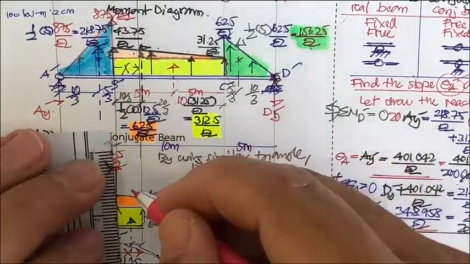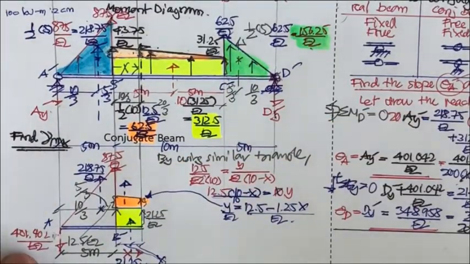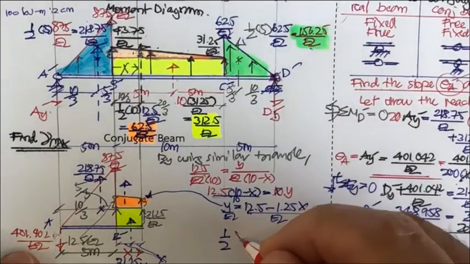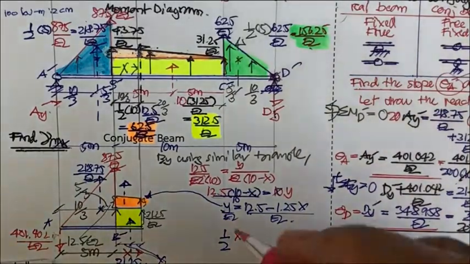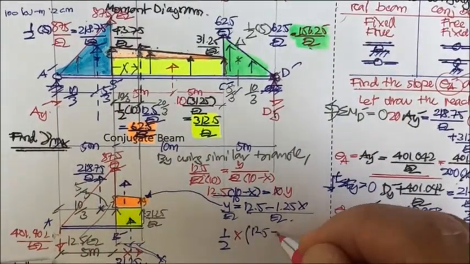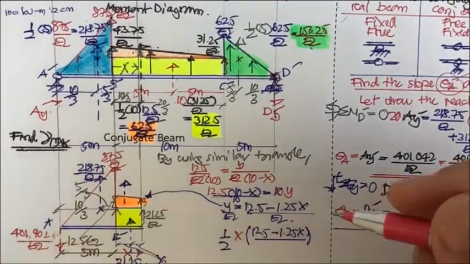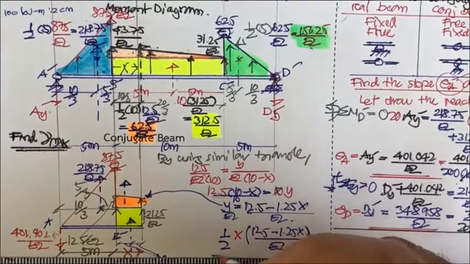And this one, we don't have it. That is going to be 1/2 of x, and then times this, times 12.5 minus 1.25x, and divided by EI. Right? And then if you do it, that is going to be equal to